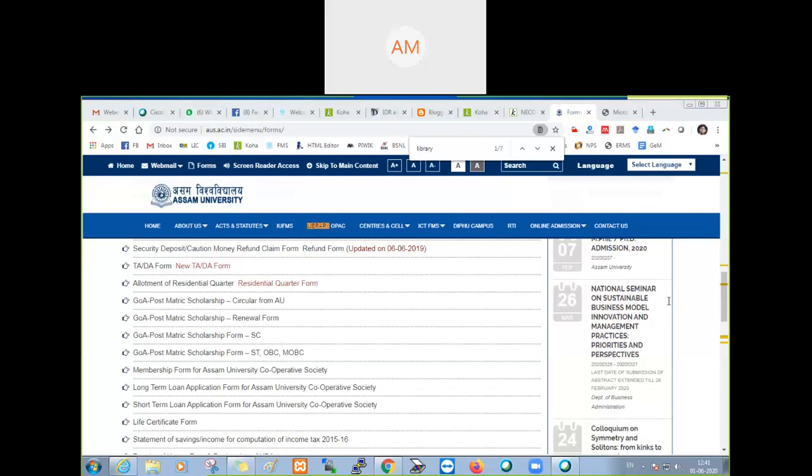No. The system is they will register only at the time of admission. After each year, that is our normal system, they have to renew. They just bring their new admission receipt, for this year or next year, as we did in our student life. They just show the admission receipt, you click on renew, and it will be renewed.